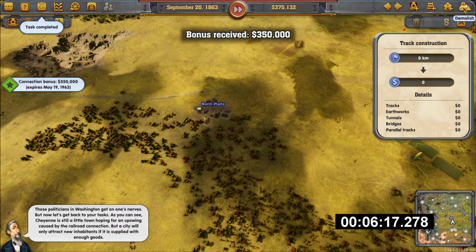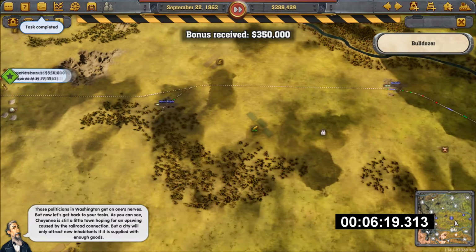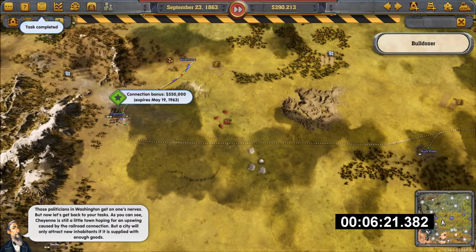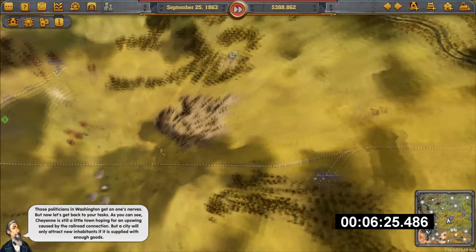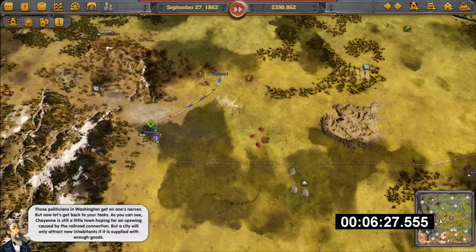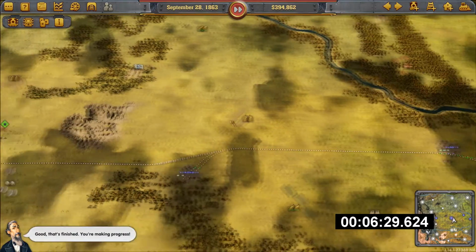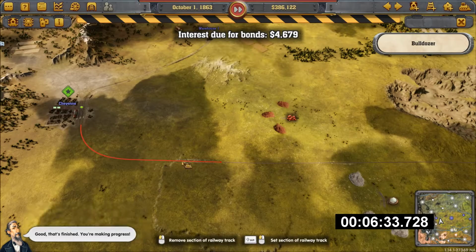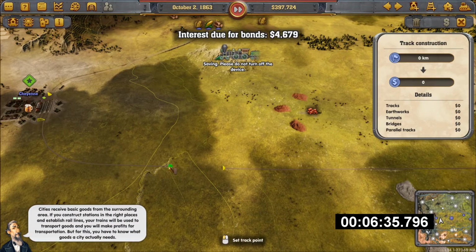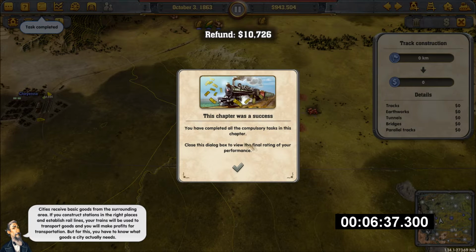As you can see, Cheyenne is still a little town hoping for an upswing caused by the railroad connection, but a city will only attract new inhabitants if it is supplied with enough goods. Good. That's finished. You're making progress. Cities receive basic goods from the surrounding area. If you construct stations in the right